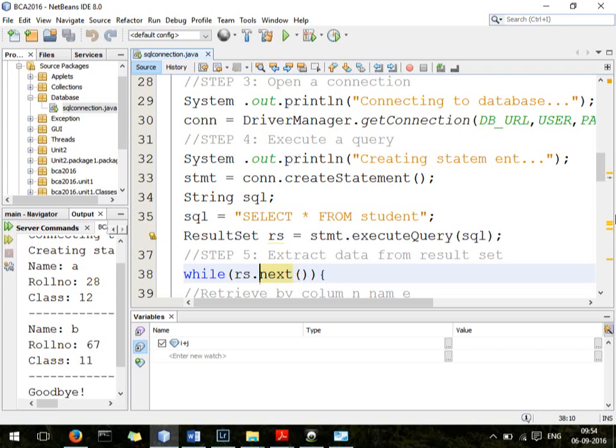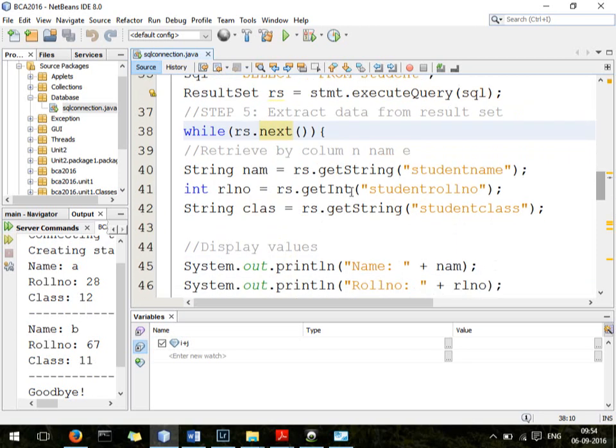So for the first row it is true, so it will get it, and then rs dot, since my first variable is of type string, you have to say getString. Okay, rs is the result set, dot getString. Next one is a number, so I have to say getInt. And you have to say the name of the field. Fine, and you have to store it in the respective normal variables. Similarly, you are getting student, which is a string, and we are putting it this way.